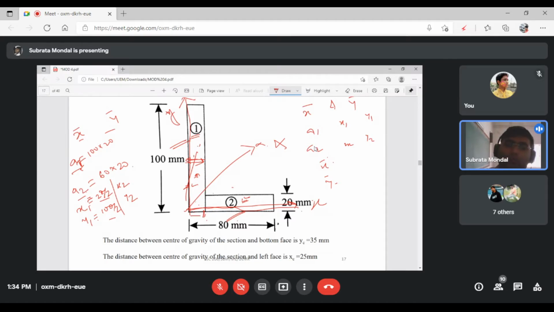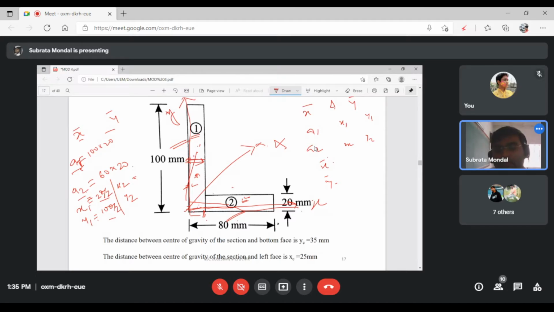Okay, next one for this particular figure. See, look at here very concentratedly because these are the very confusing ones. Many of the students are not doing that thing, so there will be a marks reduction or 0 marks we can provide. Okay, so x2 means what? The centroid of this rectangle along with this reference axis. Yes or no?